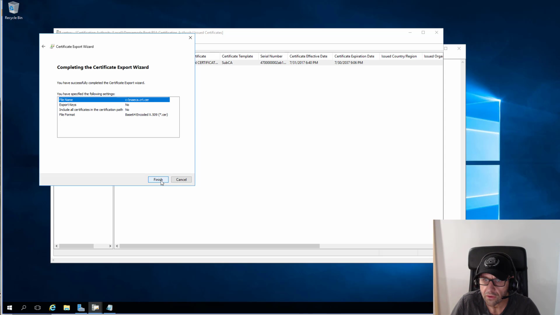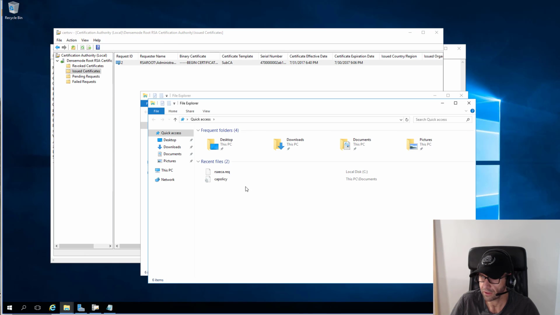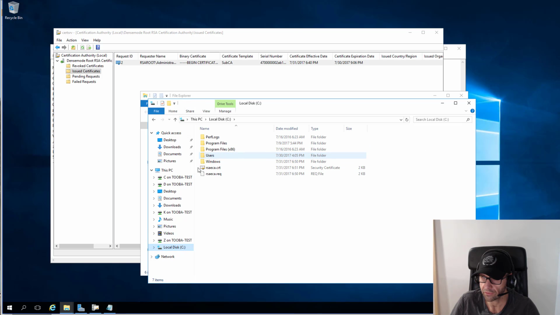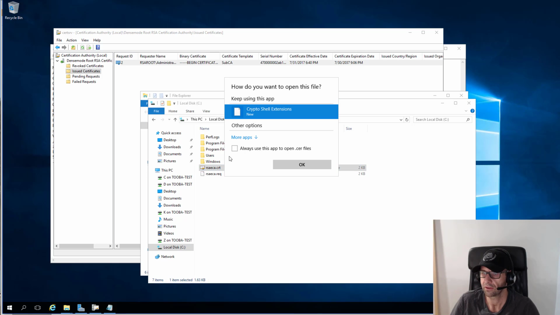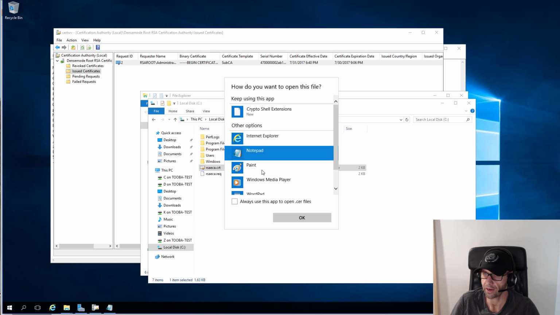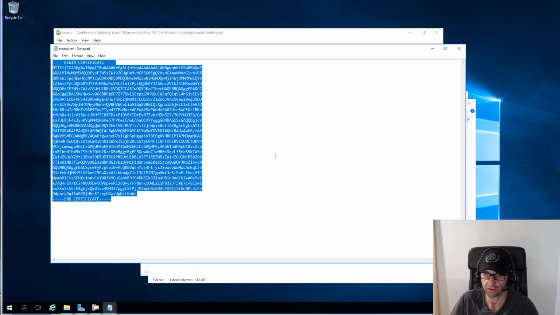Next. Finish. Okay, cool. And then we'll just hop over here and get on the C drive, and there it is. And again, we'll just do the same thing. Just open it in Notepad to grab the PEM file, the text. Just grab the block of text like that, copy it,